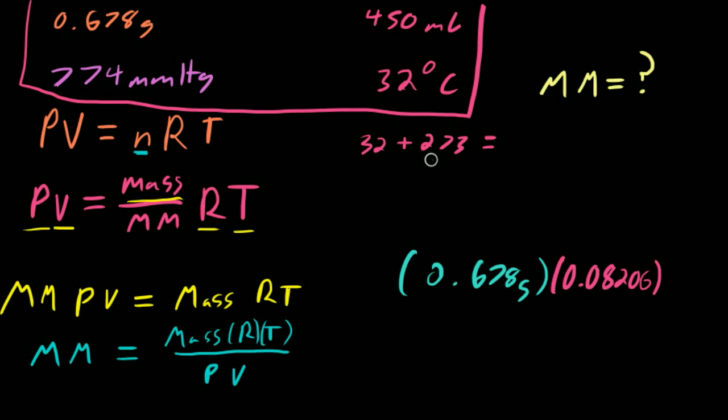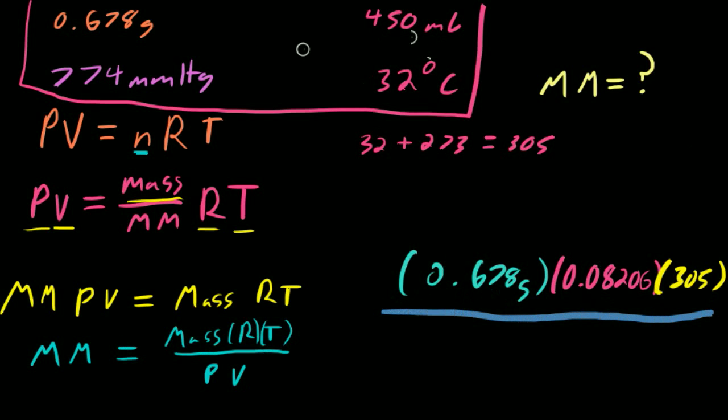So 273 plus 32 gives us 305. So we're going to multiply that times 305. And then we're going to be dividing by